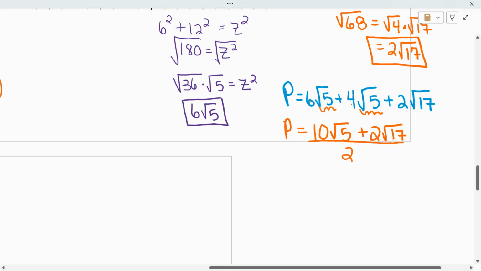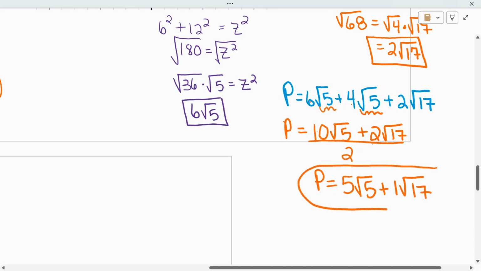Okay, so what's 10 divided by 2? So 5 root 5 plus, what is 2 divided by 2? 1 times the square root of 17. So that's why